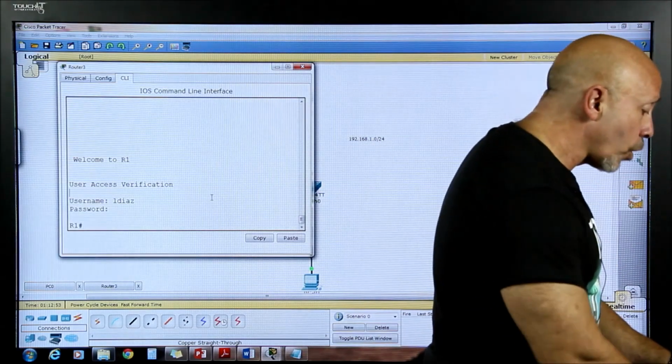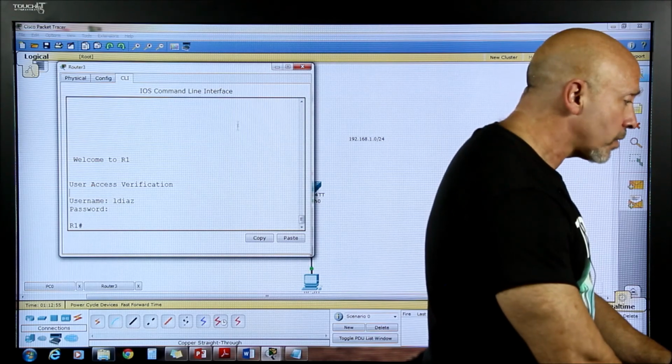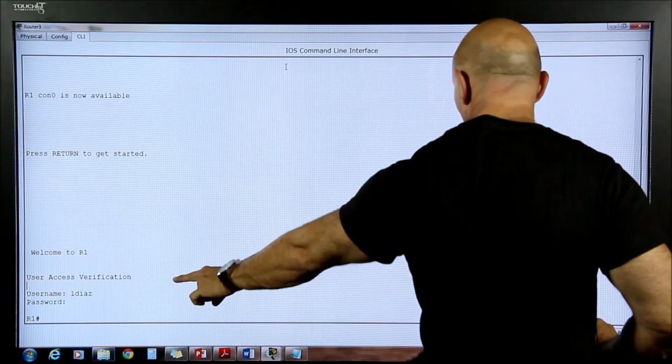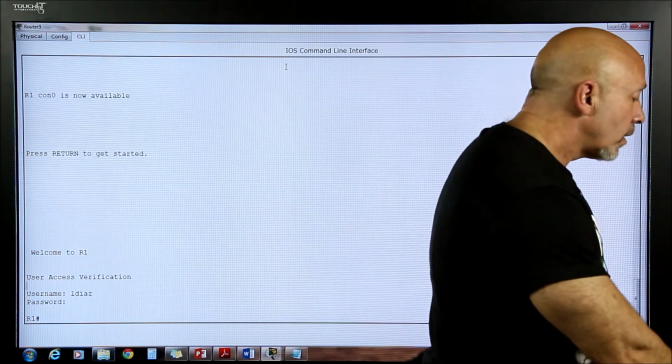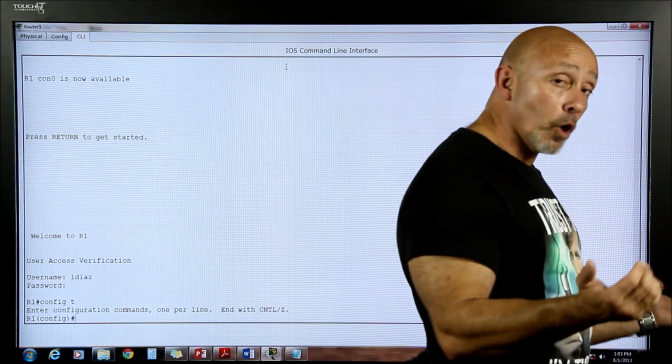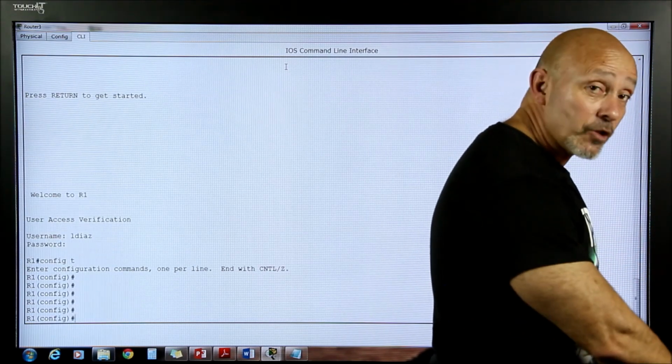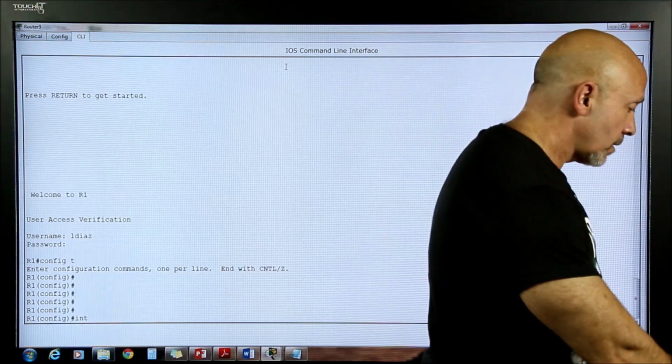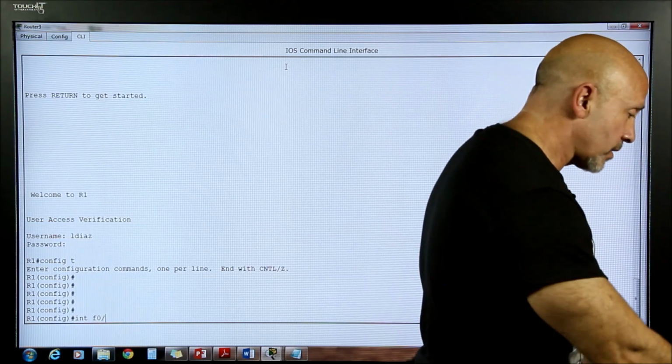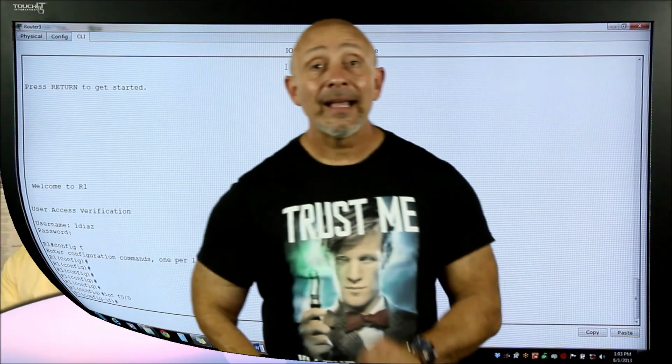Let's go ahead and go into the interface. Now remember, we can't go into the interface from privilege mode. We have to go where? To config t, global configuration. Interface F0/0, enter. Okay, and now